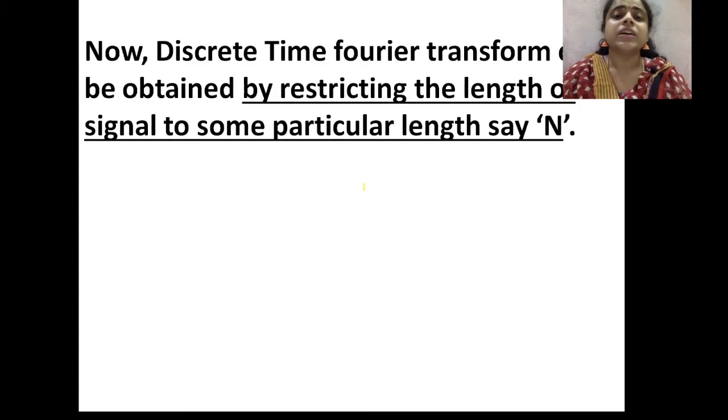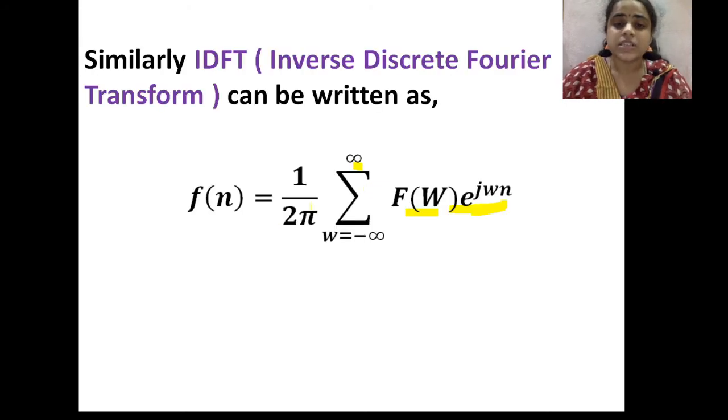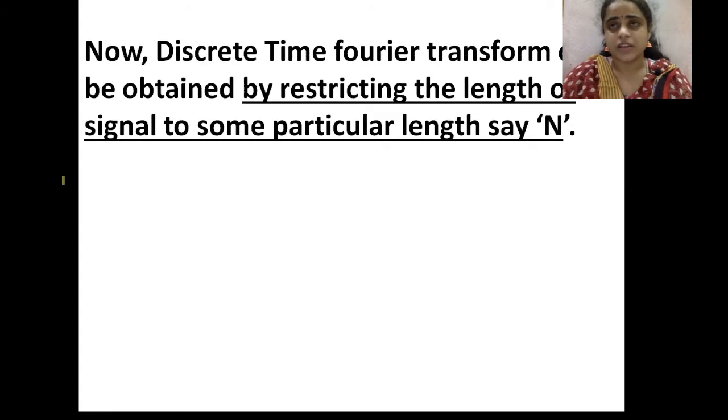So now we are dealing with the discrete time Fourier transform, DTFT. Don't be confused: generally, the discrete Fourier transform and the discrete time Fourier transform are the same. But in practical approaches we take only a restricted length. That means in all the formulas, minus infinity to infinity is going to be replaced with a finite interval. Apart from that, all are the same. Discrete time Fourier transform and discrete Fourier transform are both the same.